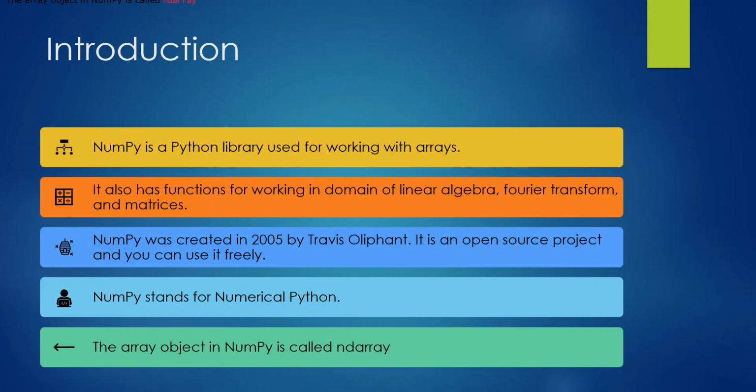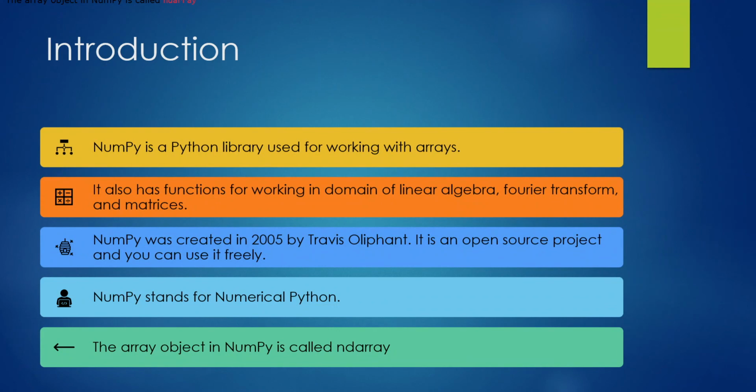If we see about Python NumPy, it is not just a replacement of the Python list. It can be used for various other operations in the field of mathematics. Whenever we are talking about complex mathematical operations like Fourier transform, matrix multiplication, and linear algebra, NumPy provides a much more efficient way of doing those operations.